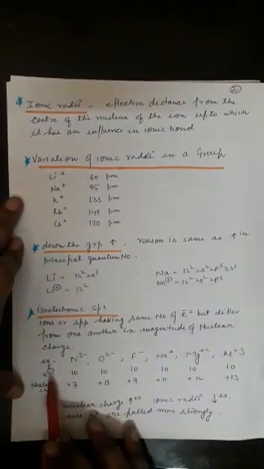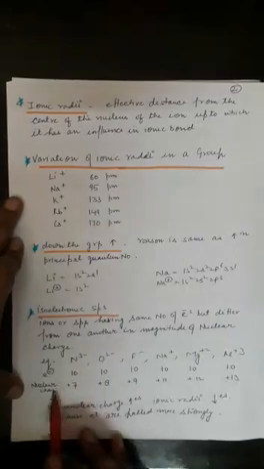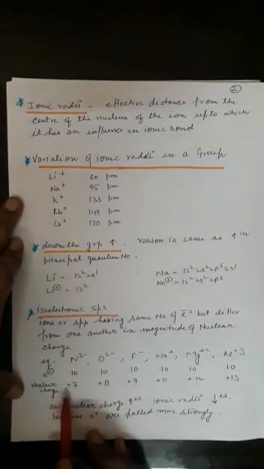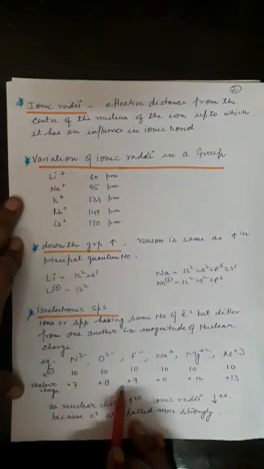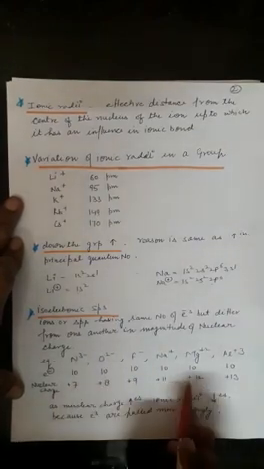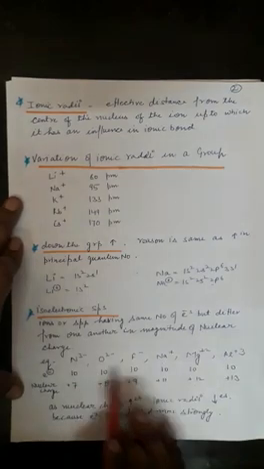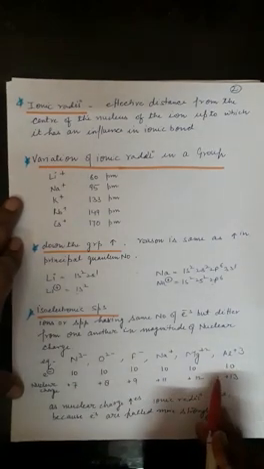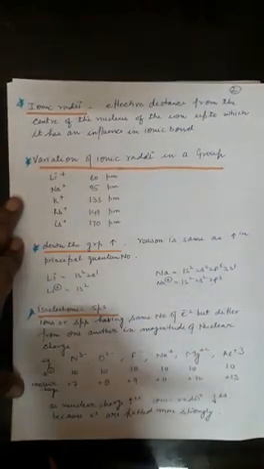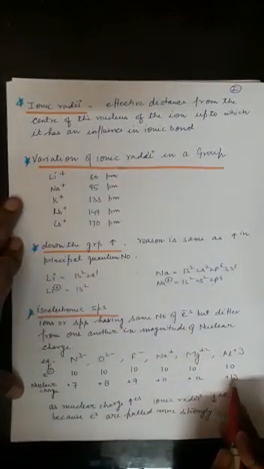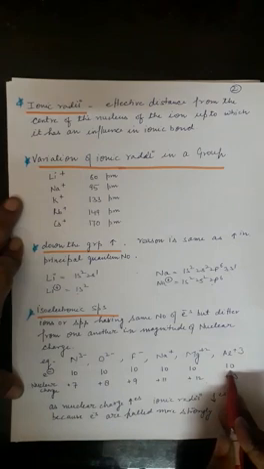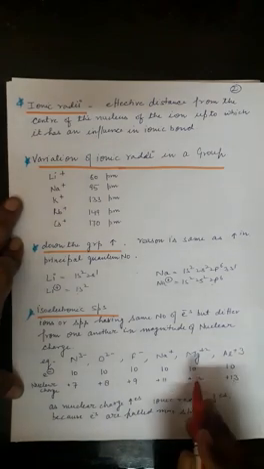They have the same number of electrons, but their nuclear charge, which is their atomic number, is different. If the atomic number or nuclear charge increases and the number of electrons remains the same, the size shrinks, because the effective nuclear charge is greater and the number of electrons is lesser.